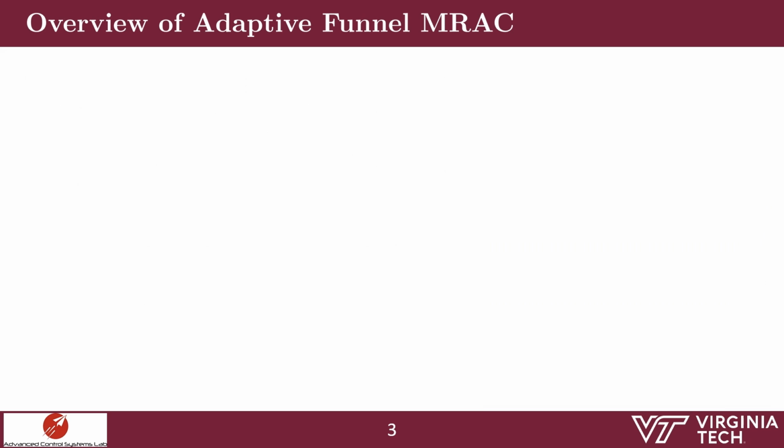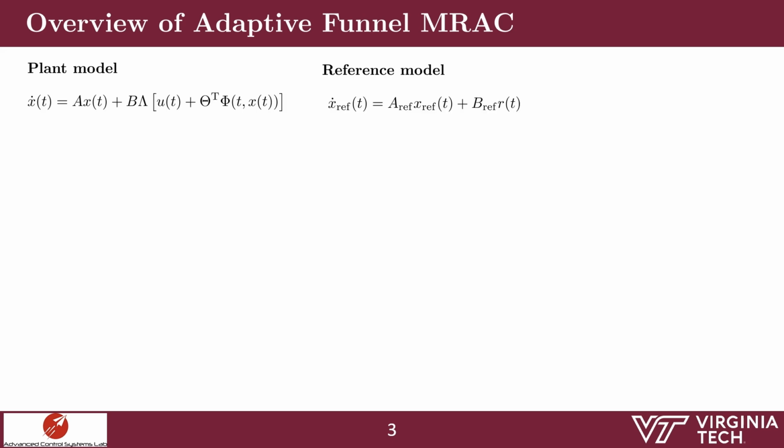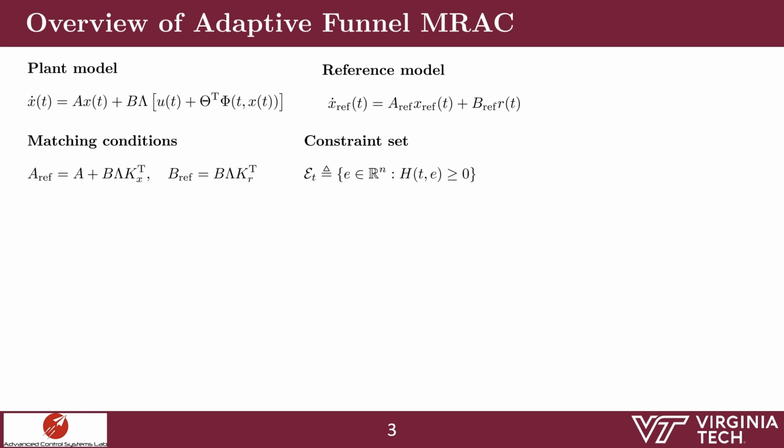Now we will briefly go over the main points of Adaptive Funnel MRAC. So here we have the plant model and the reference model, which are linked by the matching conditions, which ensure that our plant is able to follow the reference model. Then we define the constraint set where we have the h function, which must be greater or equal than 0,